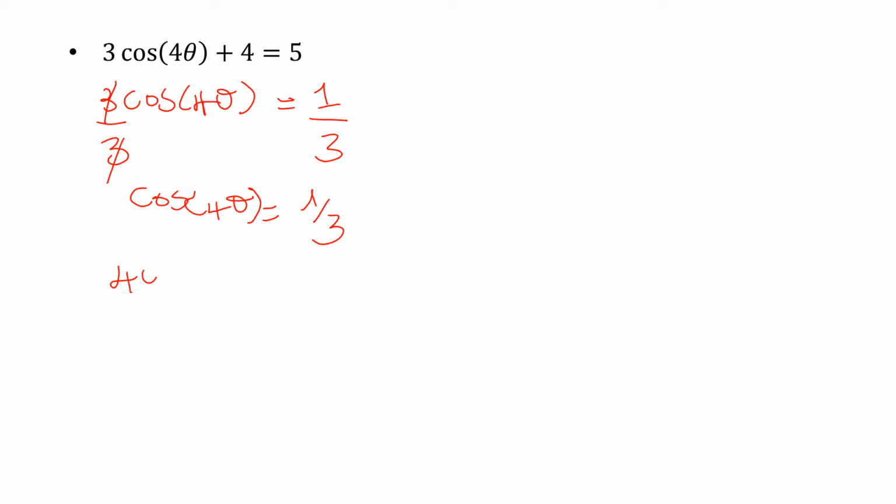Now we take the arccos on both sides. 4 theta is equal to the cos inverse of 1/3. We're going to work in radians. And so 4 theta is equal to